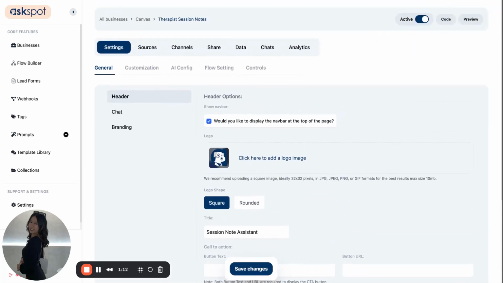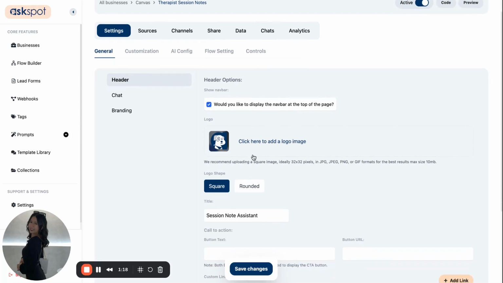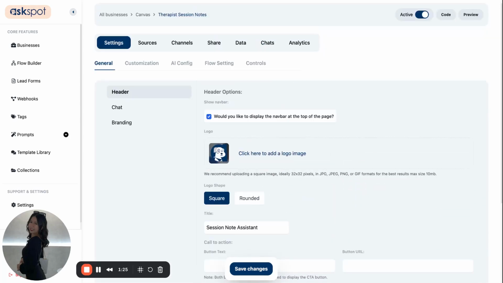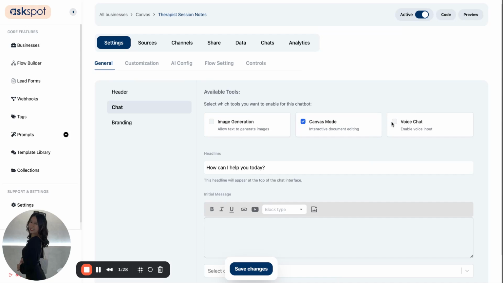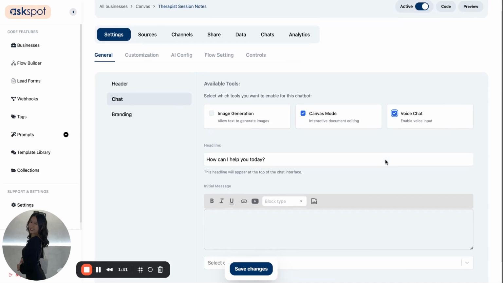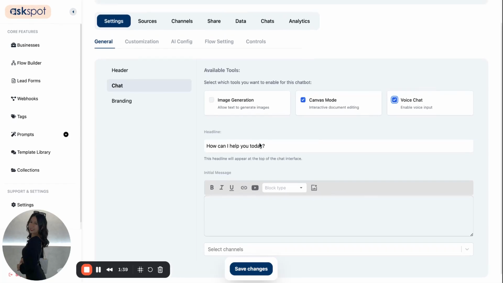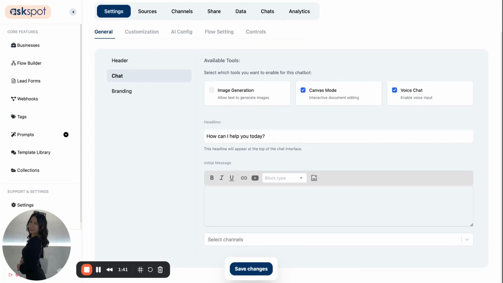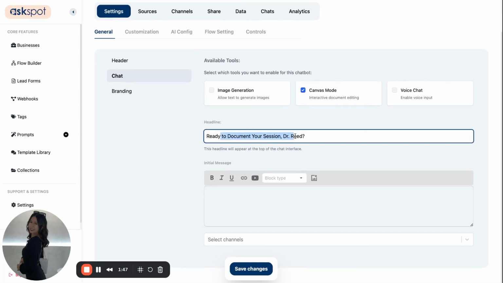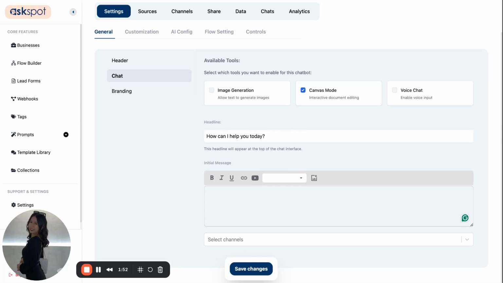Okay, so you can also add the logo right here if you want. You can ask your client for their logo, or maybe your agency's logo can be added here. Let's go to chat, and then let's enable voice chat for dictation purposes. And canvas mode, let's keep that checked. This is for note structuring. Image generation, we don't really need that right now. And then for the headline, let's say ready to document your session, and then let's make it personalized to the client. And then for the initial message,